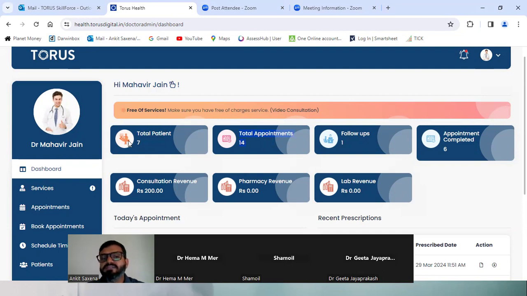For example, if you notice your total number of patients is 7, but the total appointments are 14. It might happen that a particular patient comes for a follow-up. So it will add on to your total appointments number, but it will not add to the total number of patients. So the total number of patients will remain the same, but the total number of appointments will keep on increasing every time the patient comes for a follow-up.